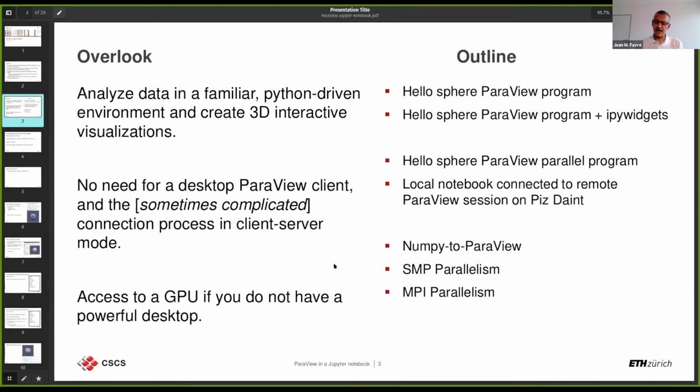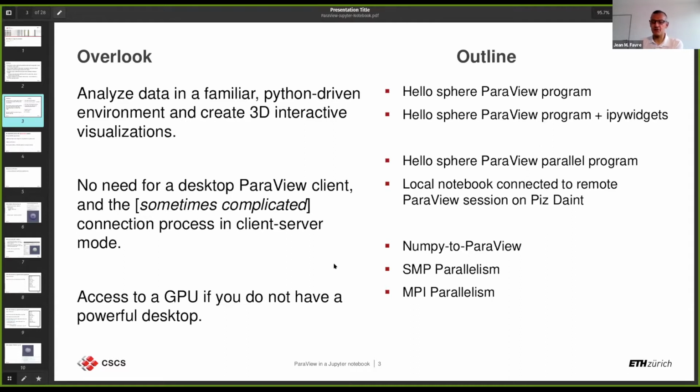So we're going to see how the different grid structures are born in ParaView, and I'm going to propose an interface to ParaView, which is a work in progress, which is something I encourage all of you to use. Report to me, contribute maybe some additional features, and we're going to see that in the so-called NumPy to ParaView chapter. And then, of course, Daint is a very large supercomputer system, and parallelism should be one of the driving